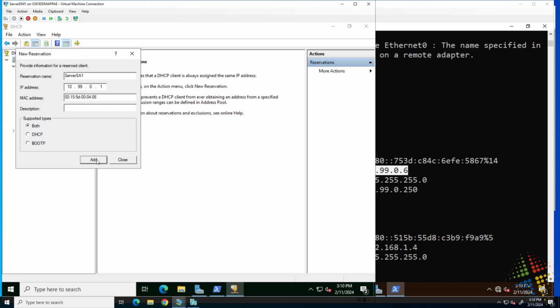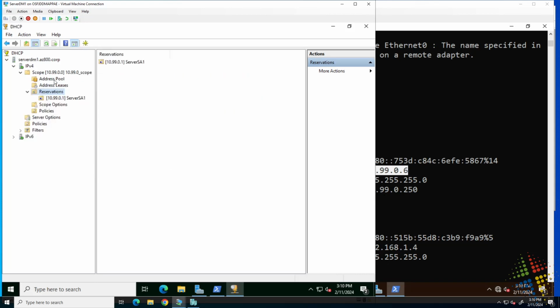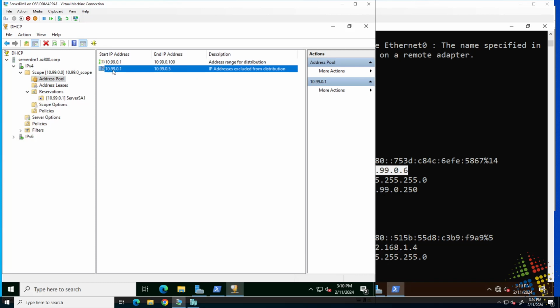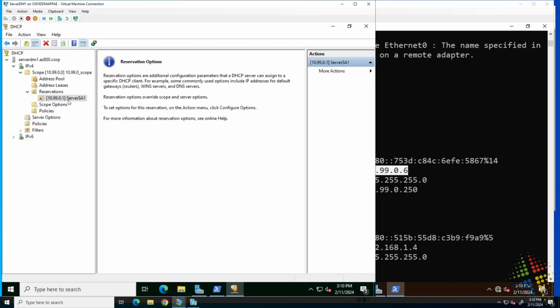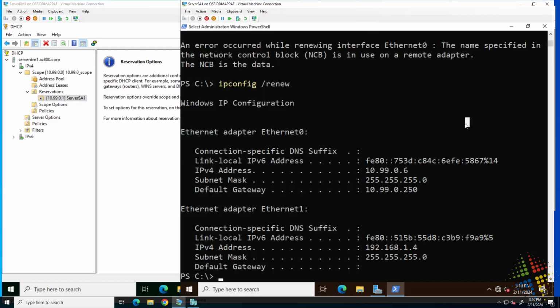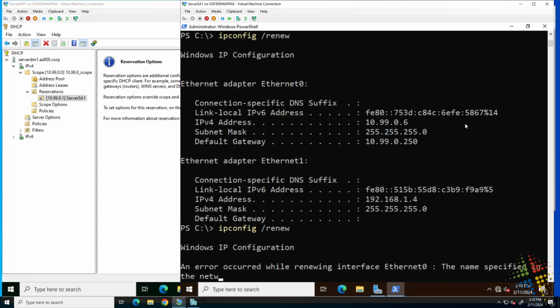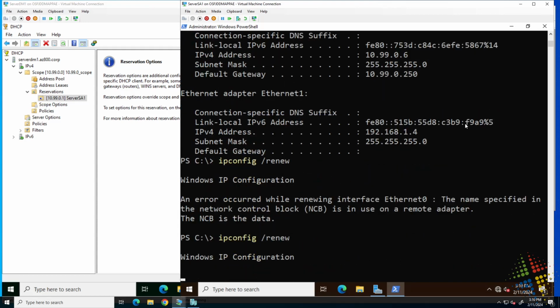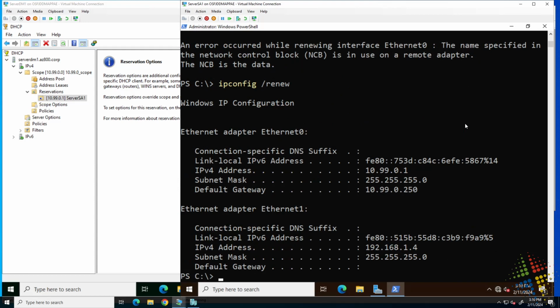I'll go ahead and say add, and then close. So even though we still have an exclusion range for 1 through 5, we can create a reservation for one of those addresses. And now when I come back to SA1 and I do a renew, I should now get .1 as my IP address. Every time this computer turns on with that same MAC address, I will continue to get .1 as my IP